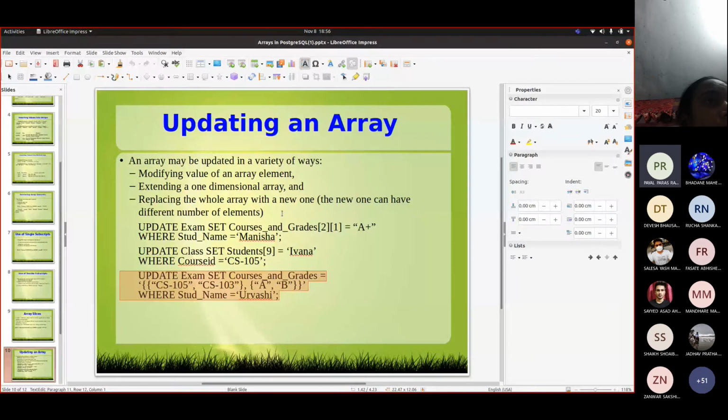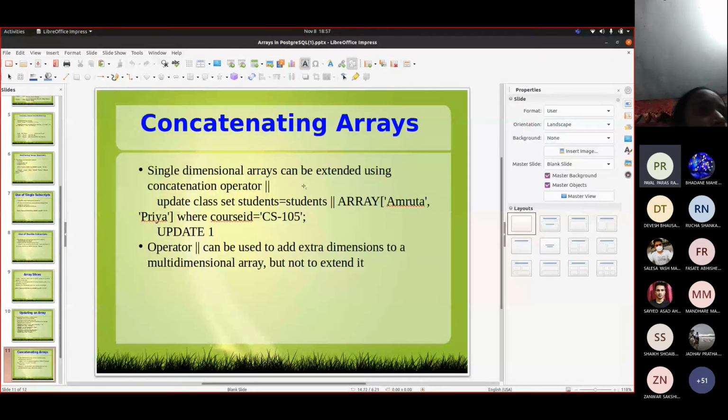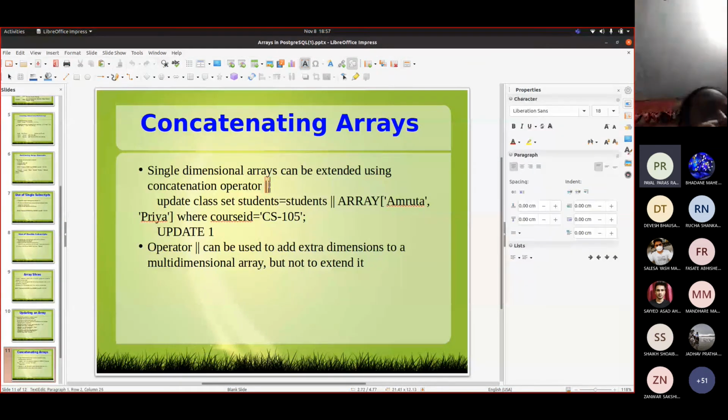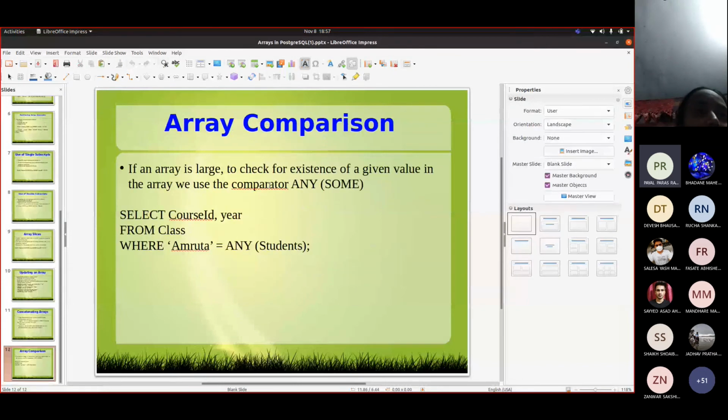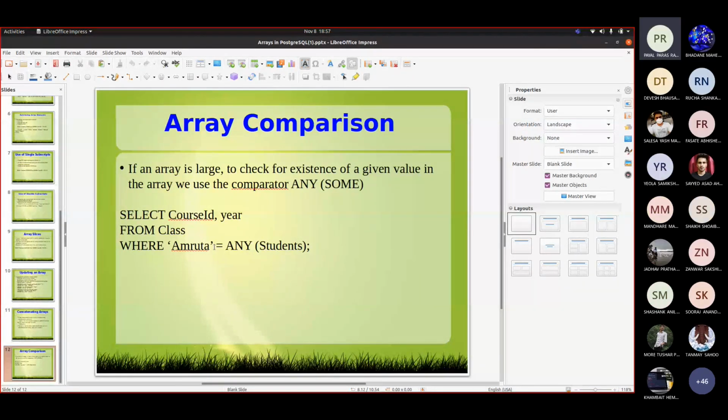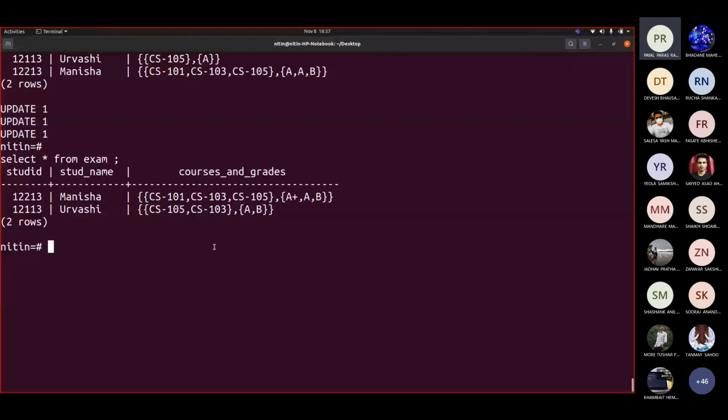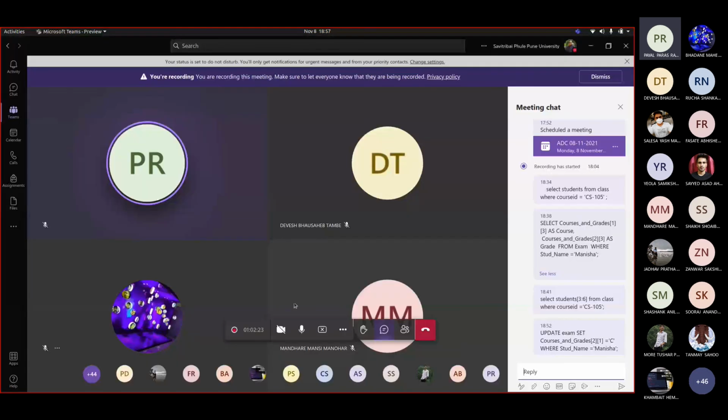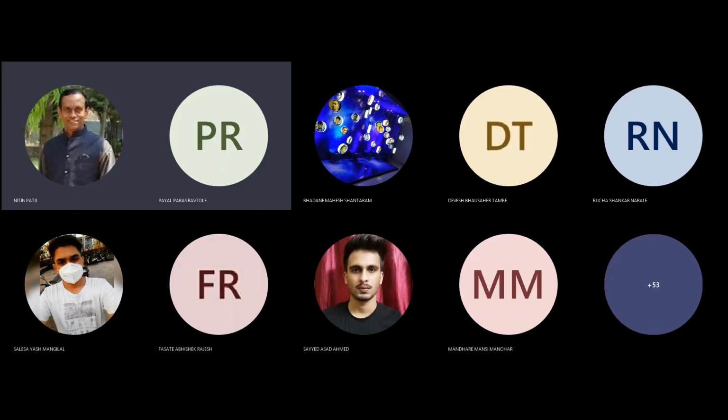Okay, so this is update and concatenation. You may try this. You can combine it. If you want to add this parameter, the pipe, double pipe, would be the concatenation operation. So you can try this. Fine. Now even comparison is there for arrays. Now I am giving you one trial for you people: how to use delete with an array. You have to try this on your laptops and particularly see whether you can